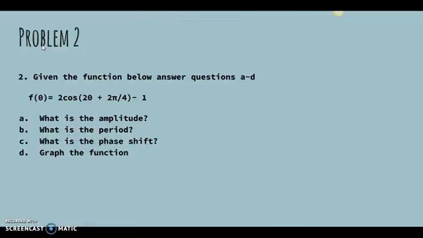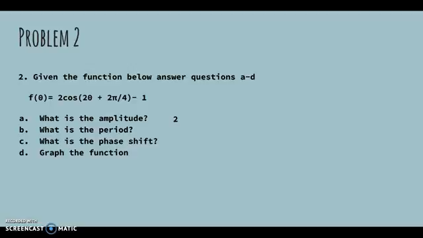So the next problem we have is, given the function below, answer questions A through D. What is the amplitude, what is the period, what is the phase shift, and then we need to graph the function. So the amplitude is the easiest one. It's the number before the function, so that's 2. And when we look at the parentheses, we actually see that we can simplify. That's the first thing we need to do before we find the period or the phase shift. So we can take 2 out, and that means that in our new parentheses, we're going to have theta plus